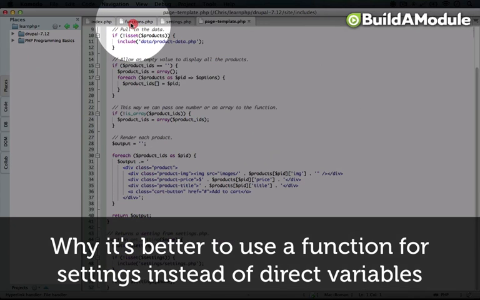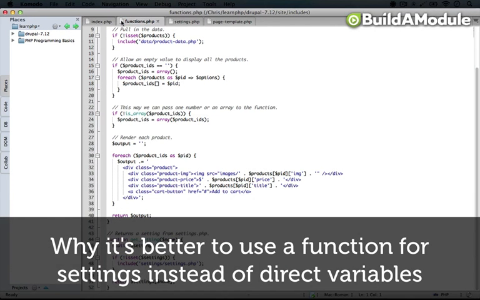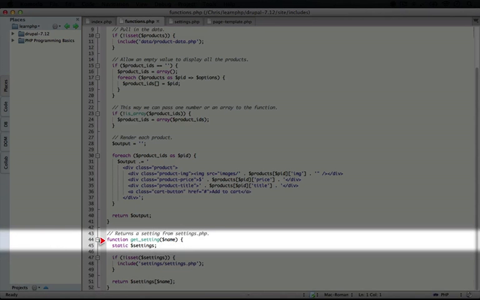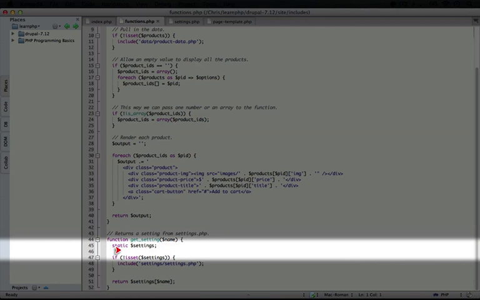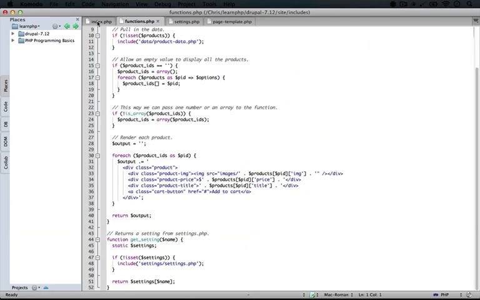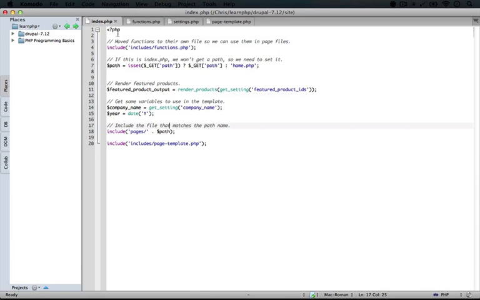Now I want to step back for just a moment and look again at this getSetting function in the functions.php file. This structure that we're using, where we're using a function in order to get to the setting, is something that you would probably arrive at, a solution that you would come up with after a couple of iterations. In the first iteration, what you'd probably do is pull out those settings into variables and put them in the